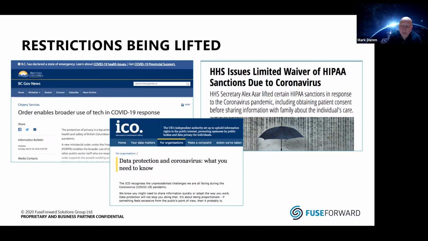So as an example, the BC government has declared a state of emergency. What has this done? They said, we will now allow for the broader use of things like Zoom, where we don't know where the data is stored, to be used by its public agencies and to allow some of that data to cross the border. We've seen the same thing in